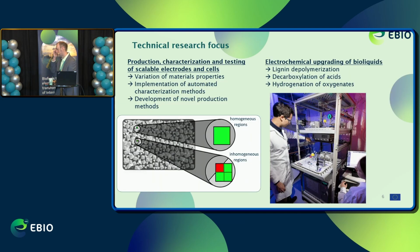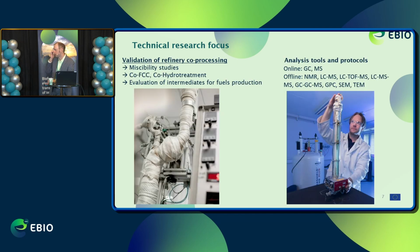The focus in the lab was a lot on electrode screening and electrode optimization of the production methods. The testing itself was done in different labs using electrochemical cells of different sizes, and at the end at small pilot scale. As I just mentioned, the validation was mainly initially: can we mix or blend our stabilized products with certain refinery streams? How could those upgraded bioliquids be used in the refinery? And specifically, we focused on the FCC and the hydrotreatment